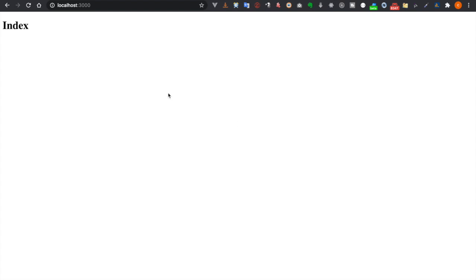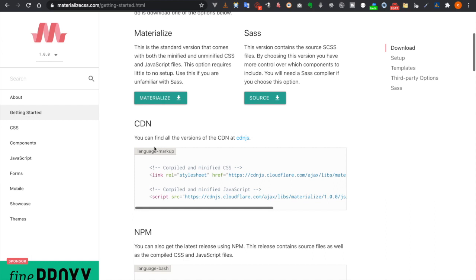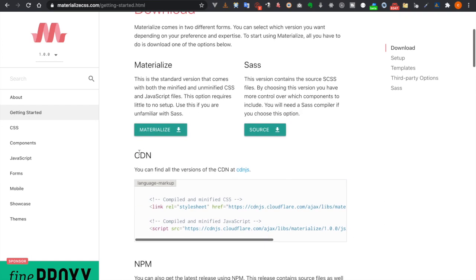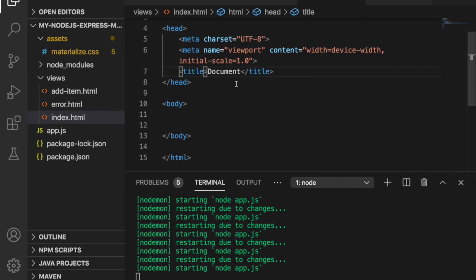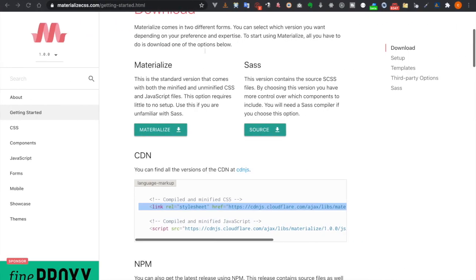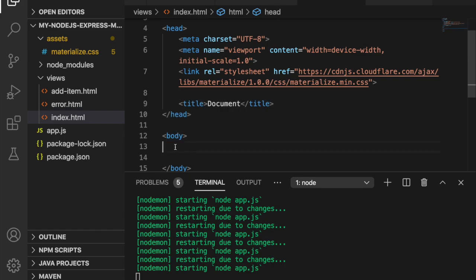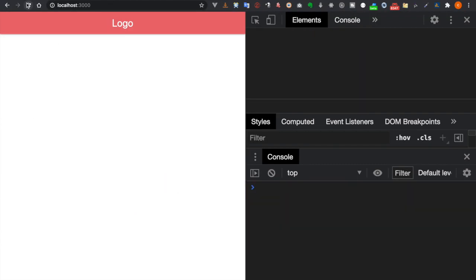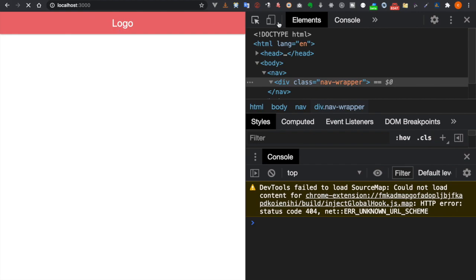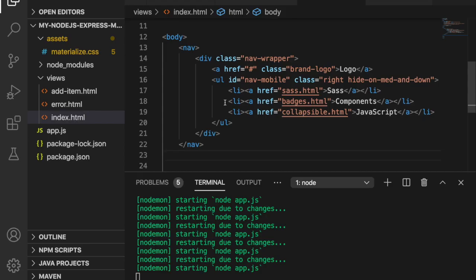As you can see now in this page, the website is not very beautiful. So now we are going to add some style by using the materializecss. Now we go to the documentations and we go to the getting start page and we copy the CDN and then we paste it to our index page, and we also copy the navbar and then we paste to the body, and then if we refresh, you can see the navbar already exists here, and we do not have other